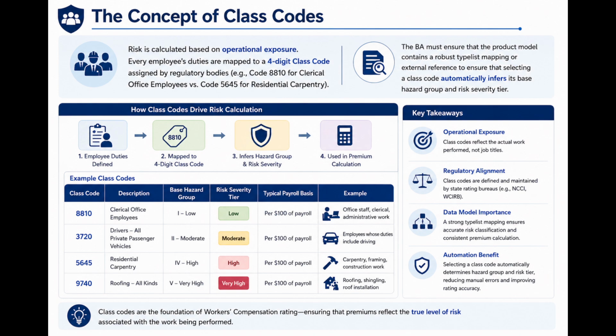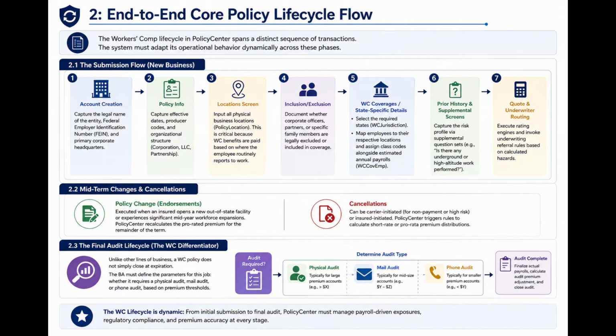Ultimately, the accuracy of the class code data model directly impacts downstream processes, particularly the core rating engine and the final audit workflow. The 4-digit code serves as the primary lookup value used by the rating engine to retrieve the correct base rate per $100 of payroll exposure. If the business analyst fails to establish an airtight mapping between the class code, the hazard group, and the end-to-end